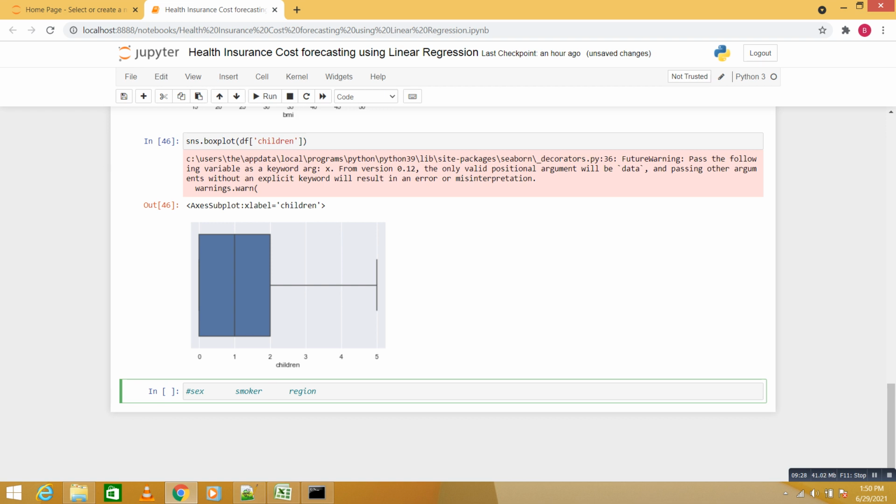We are going to use the label encoding technique to convert the data from categorical to numerical form.